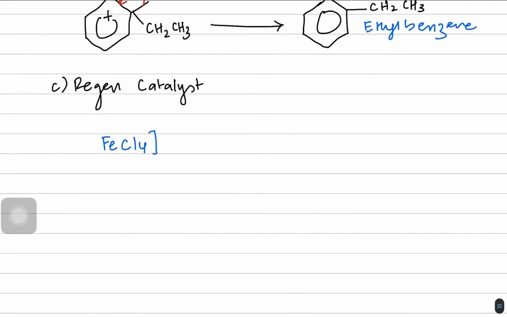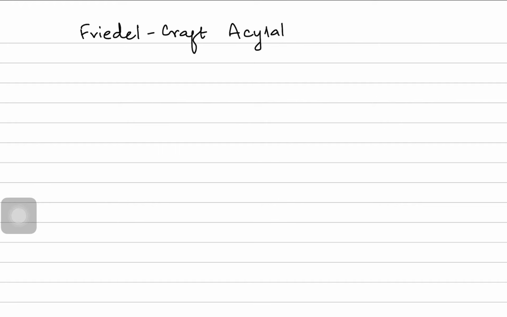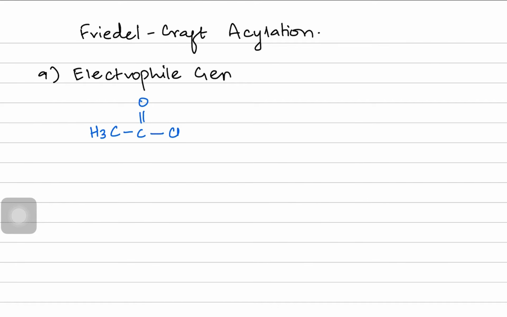How do we create the catalyst again? The FeCl4 minus reacts with the hydrogen ion and it produces HCl, and the other thing we receive is the catalyst, which was FeCl3. You can see HCl and FeCl3 are recreated. This regenerates my catalyst. In Friedel-Crafts acylation, we have a similar idea where I produce an electrophile using a halogenoalkane